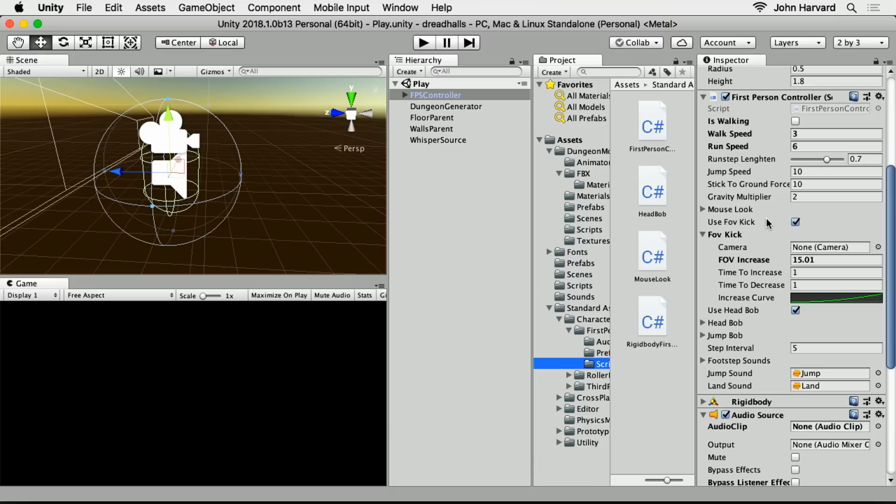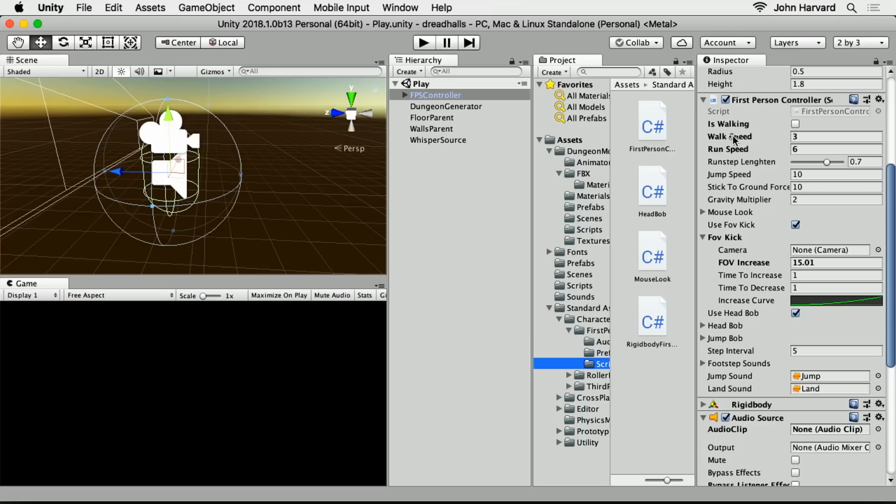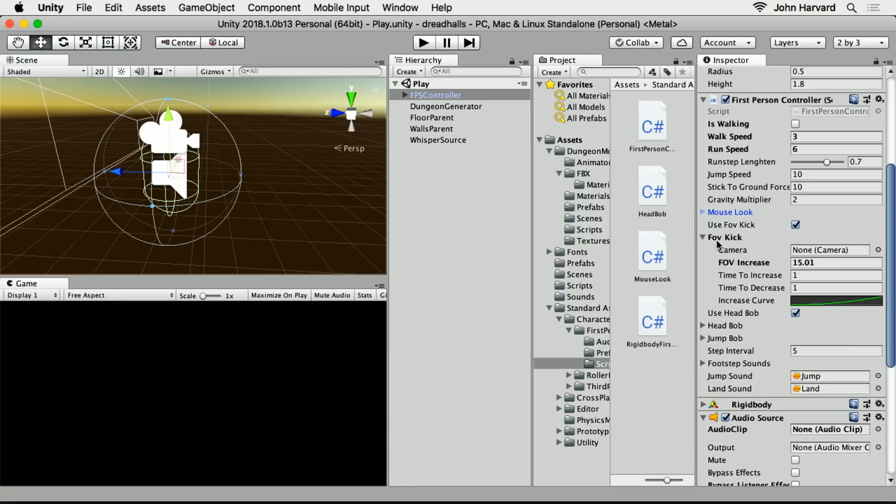Now there's a lot of customization that you can apply to your character controller to make it not just the standard basic character, right? So you can set a walk speed, a run speed, a jump speed, and you can set the sensitivity of the mouse look on the FPS controller. You can apply what's called FOV kick, which means when you're sprinting, which you can do by pressing shift, which multiplies your speed,